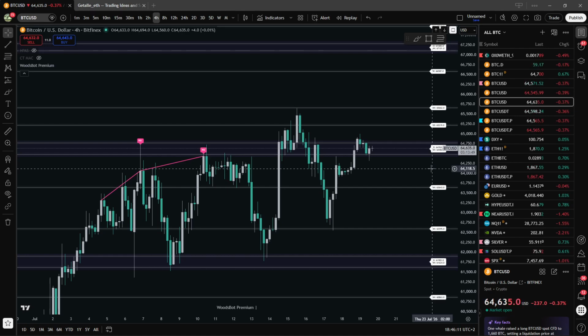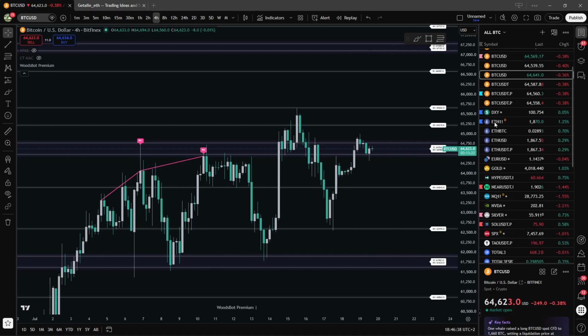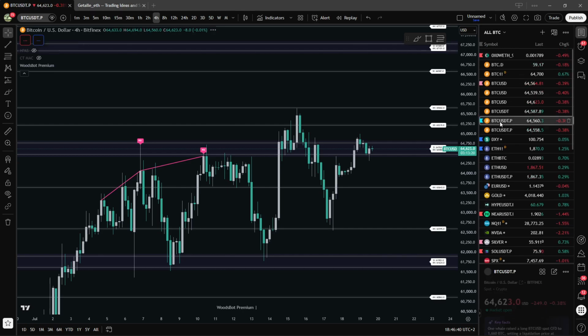I would say the best thing to do in this situation is to see the spot flow, you know, like check CVD, check funding rate, etc. See if the futures are holding the price up, or if spot demand is holding the price up, you know. I think this is what I would say is the best right now. I don't have the websites online right now for this, but